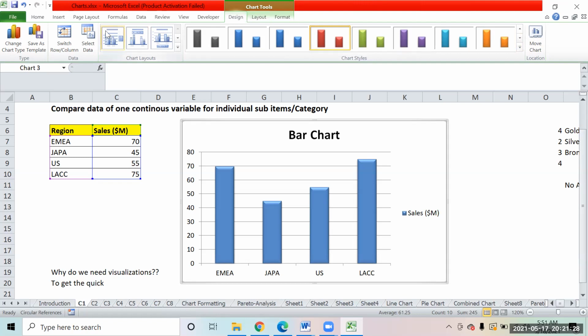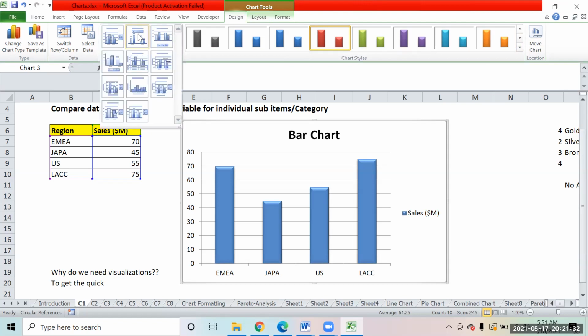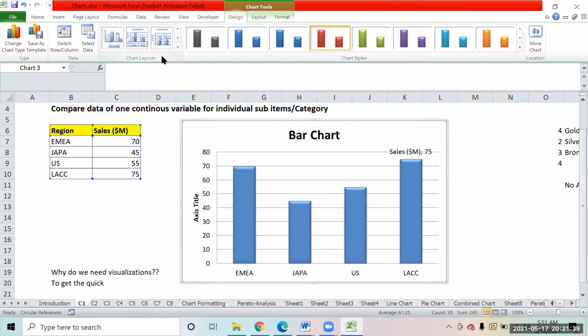And over here you can see there are three-way chart layouts, and there are more. In fact, you can see a variety of chart layouts. So what is chart layout? If I select this layout, you see you get some axis title. If you want to put some axis title, you can do that, right? And you can see this legend has moved a little up, so you can place the legend somewhere. If you want, you can move it.